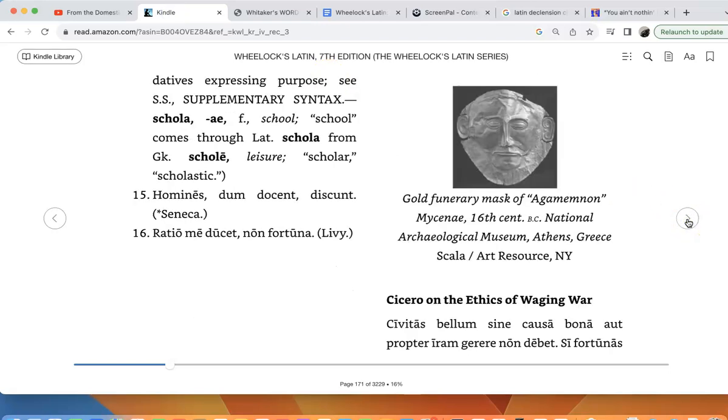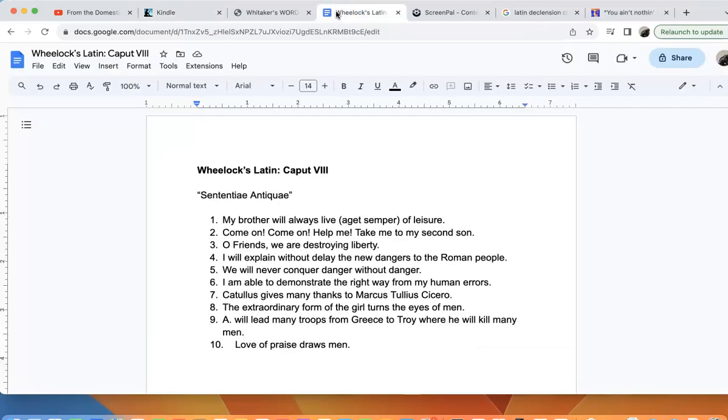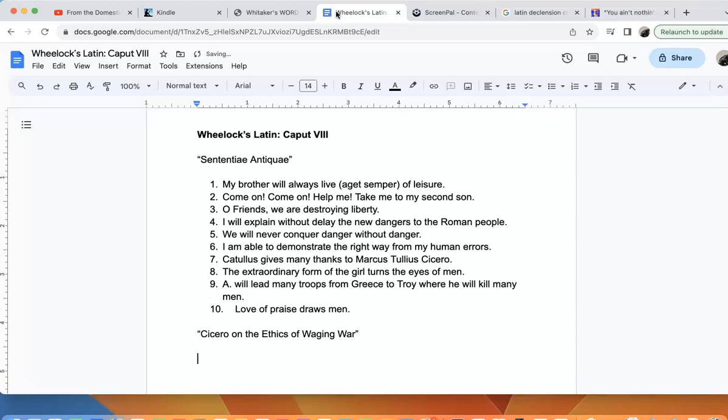Cicero on the ethics of waging war. So we'll give this a title. I can type here. And once again, Cicero, 106 to 43 BC,